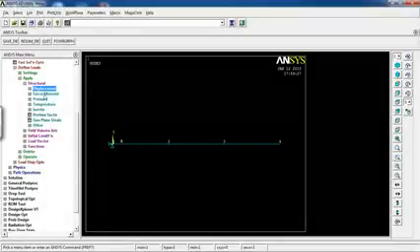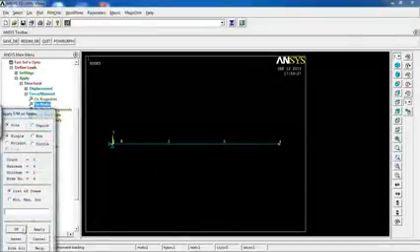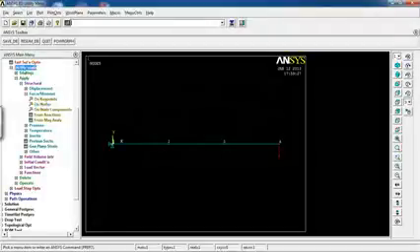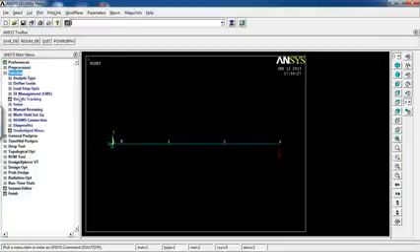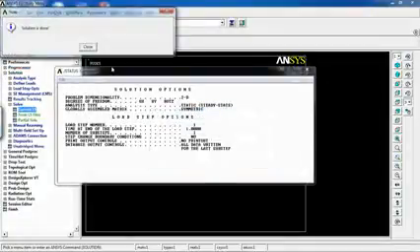Now I have to come to force moments, because the first case that we're going to study here is a focused or a concentrated load on node 4. So I pick on nodes, pick node 4, click OK, and Fy of minus 1000. Click OK. My model is ready, so I can go into solution, solve, current LS, OK, and